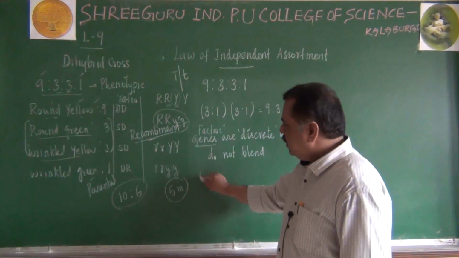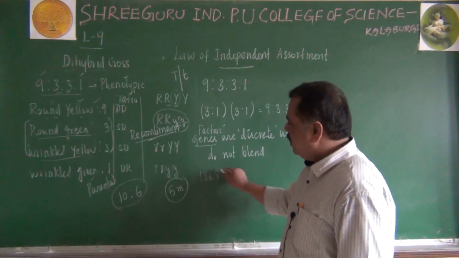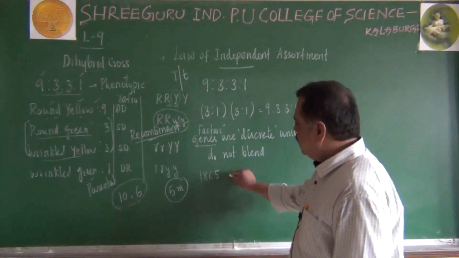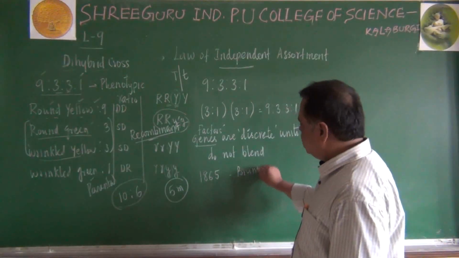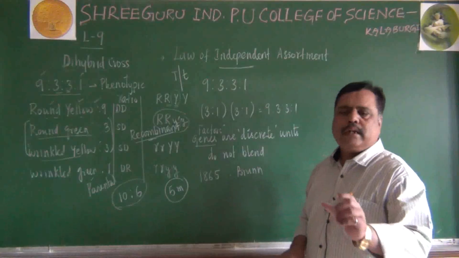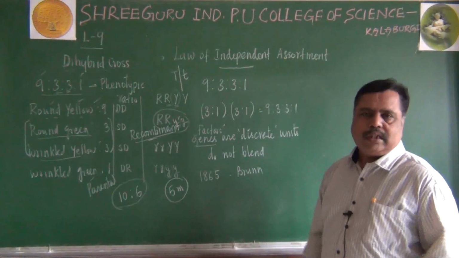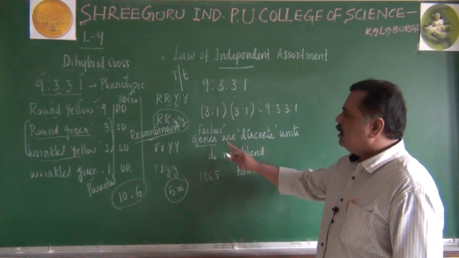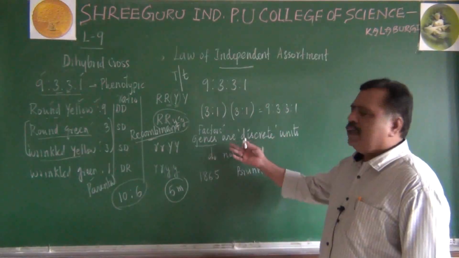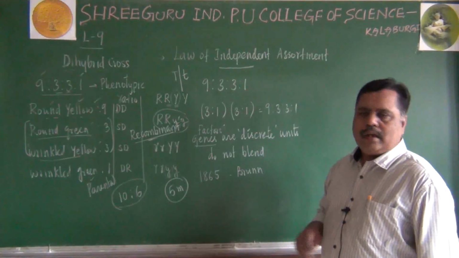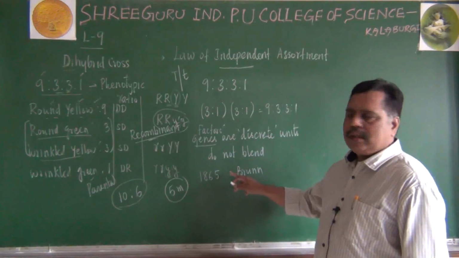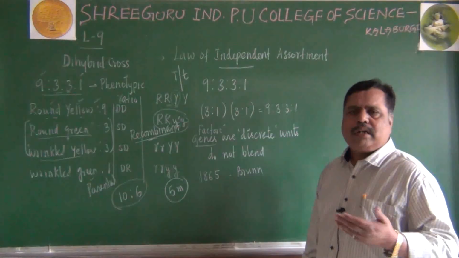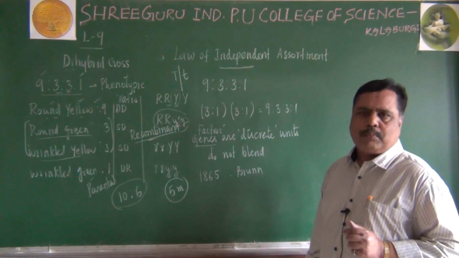In 1865, Mendel published his law in a place called Brunn. Those laws are called principles of inheritance in hybridization experiments. But during that time, there were many reasons why Mendelian theories were not accepted. Already we discussed this point. Up to 1900, Mendelian theories were not rediscovered or accepted with popularity.